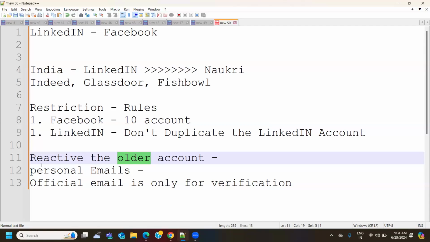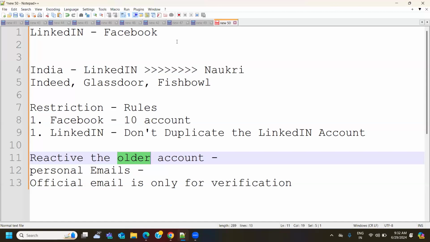For the people who are new to LinkedIn, who have never touched it, you can always open a new account. Make sure you are using your personal email, and that you check that personal email on a daily basis. There are people who open a LinkedIn account with email accounts which they never touch, maybe once in a year or once in a week, which is not recommended. You should always check your personal emails on a daily basis. Use that same email in your LinkedIn.